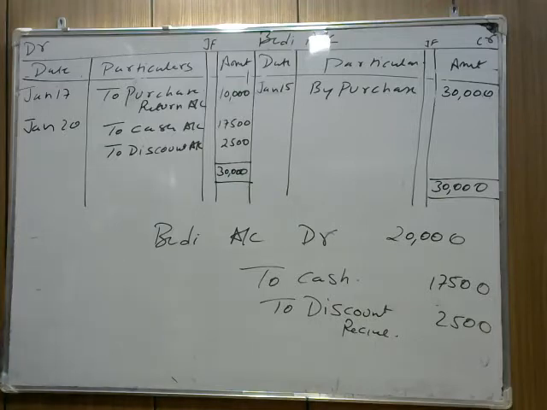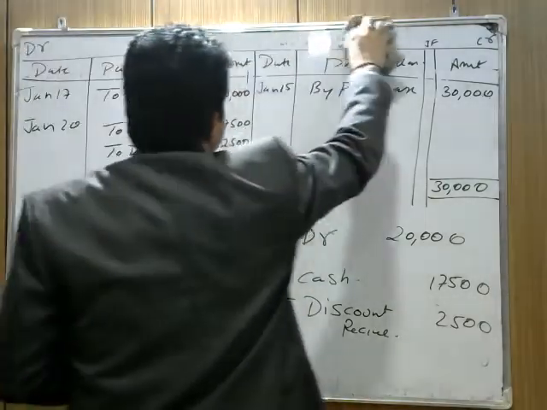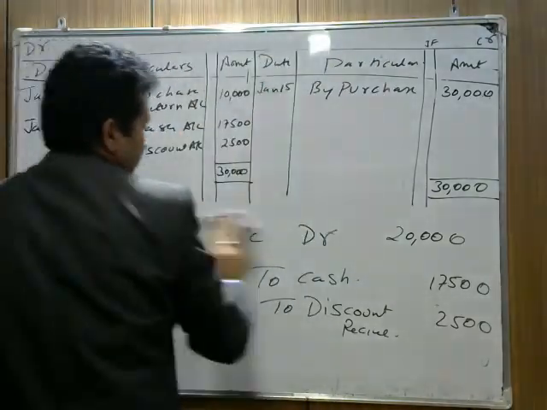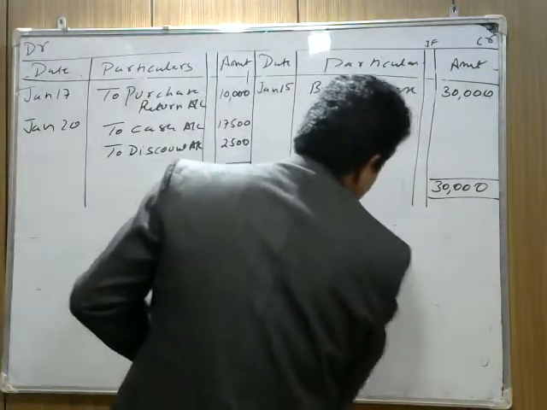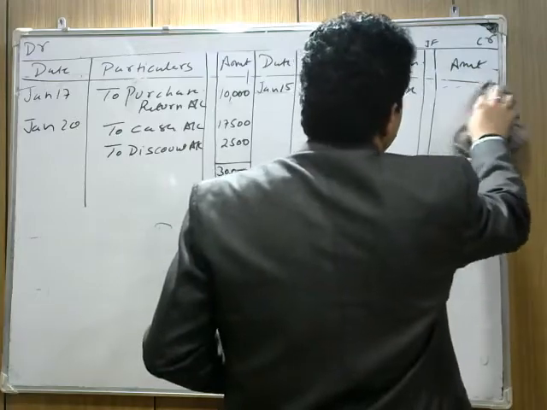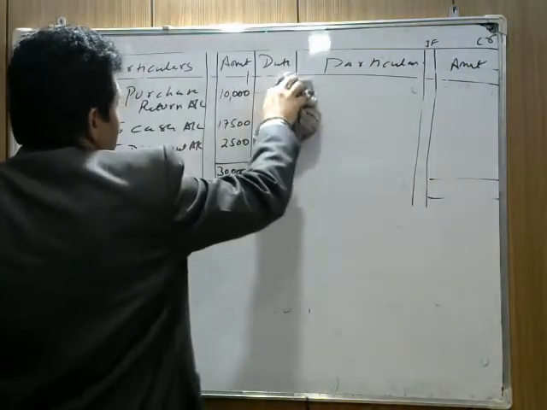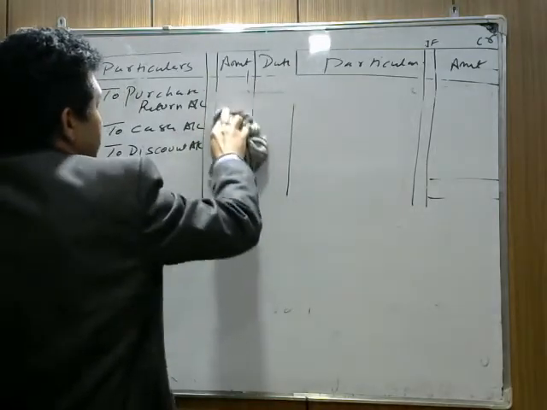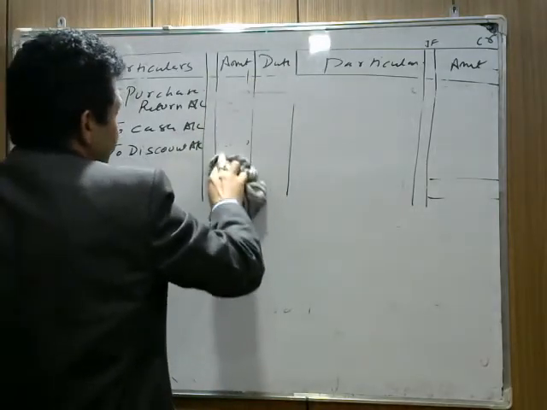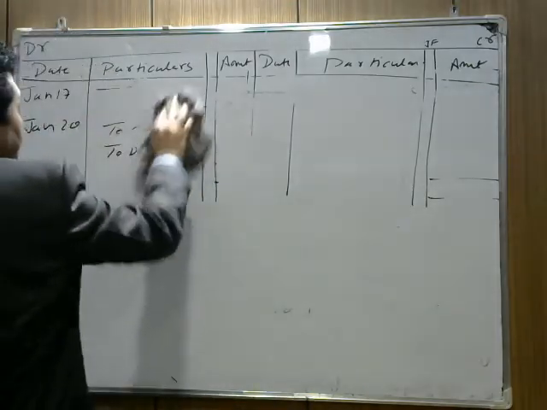Next is we prepare discount receive account. हम पढ़ेंगे discount receive account. Now check where the discount receive word is there. Next we are preparing discount receive account. So हम check करेंगे हमें कहाँ पर discount receive हुआ है. Because we prepare discount account, discount allowed or discount receive separately. Because these are two different terms. Discount receive करना और discount allow करना.